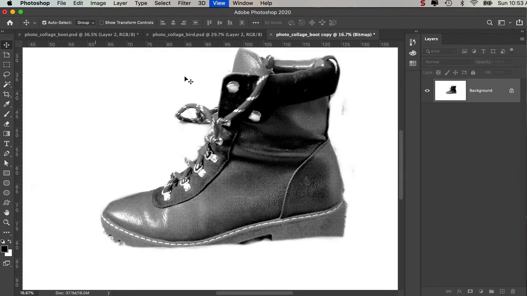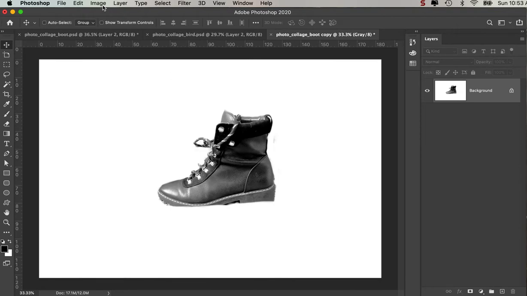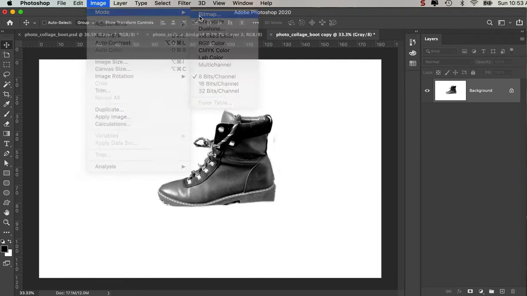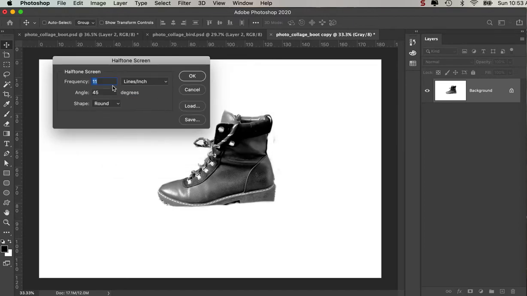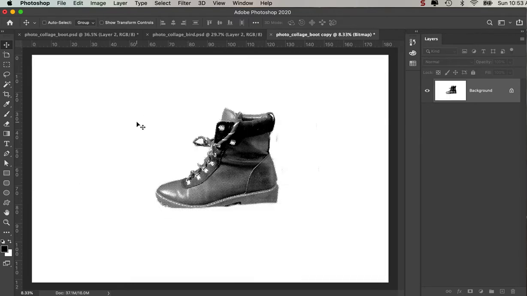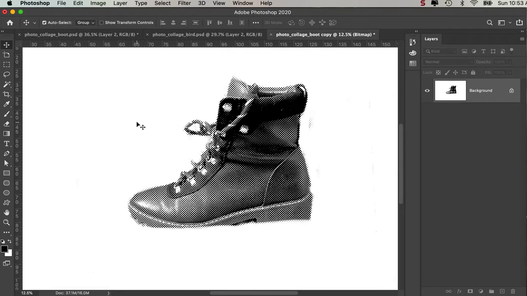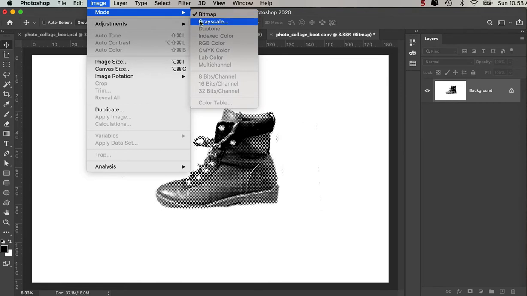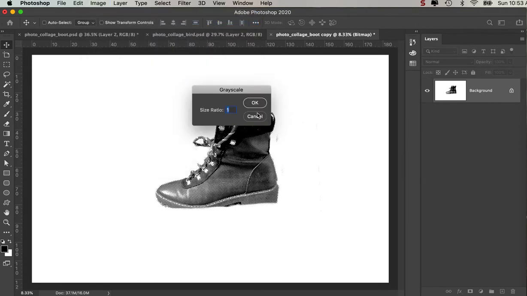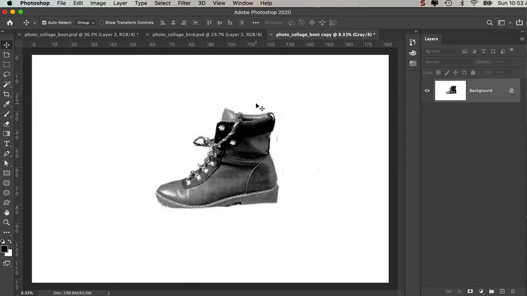Okay, the screen is just a wee bit too fine, so I go Command Z, and I'll do it again, mode, bitmap. Okay, and this time I'll make it 3. It's a bit better, it's getting a wee bit coarser. So with this, I'm going to go mode, back to grayscale, 1:1, and now I'm just going to